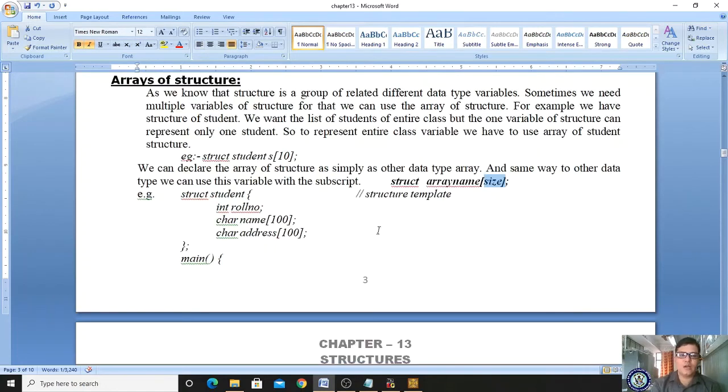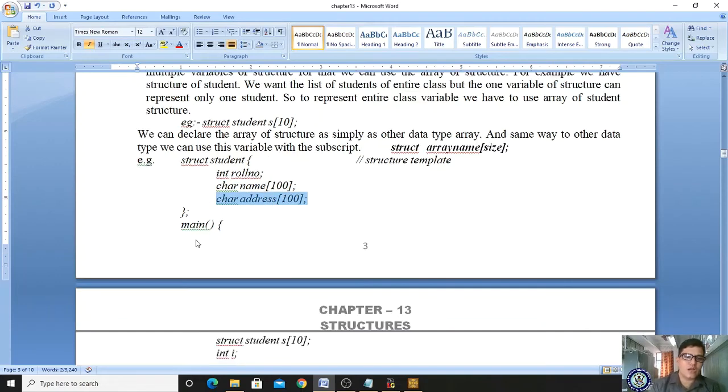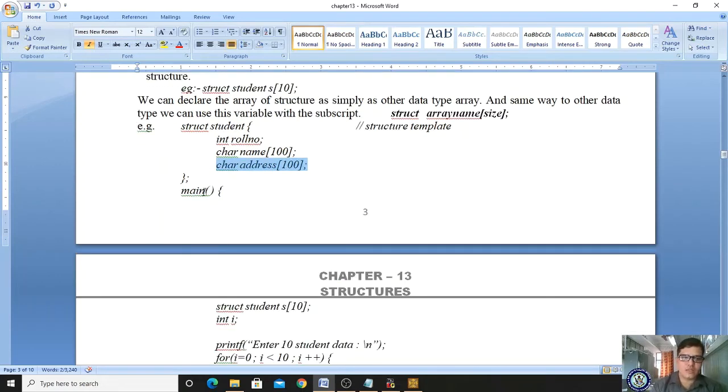For example, let us see a simple program. Roll number, character name, character address. I want to print your roll number, name as well as address. So I am declaring struct student with int roll number, char name, and char address. Here I am storing the name and the address of an individual student. Now let us see, in the main function I am declaring the structure variable as an array of structure,